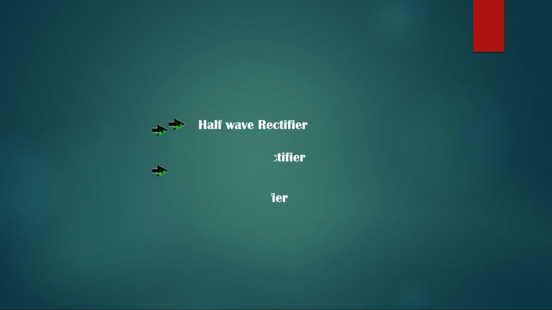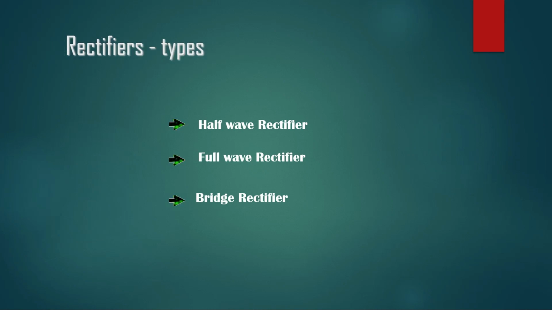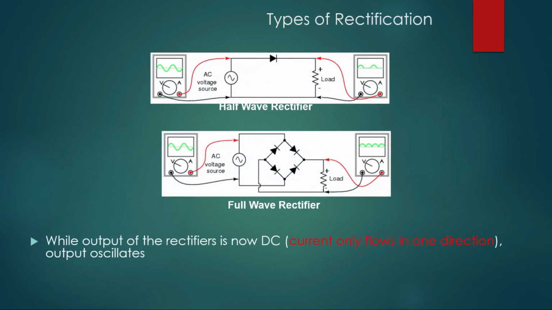Now we have to see the rectifier types. There are three types of rectifiers: half wave, full wave and bridge. First we will see the half wave rectifier. A simple half wave rectifier circuit consists of a single diode, and a full wave bridge rectifier consists of 4 diodes. We can make a full wave rectifier by using 2 diodes or 4 diodes, but a half wave rectifier requires only 1 diode. That's why it is cheap.